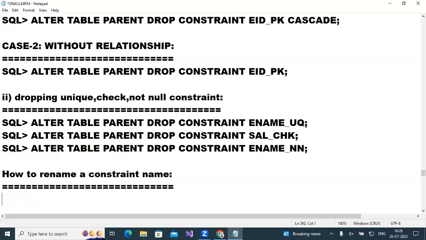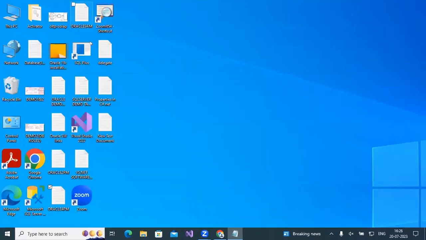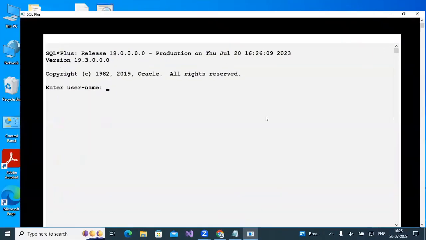Suppose you need to see the rename of constraint, how we can go to do it. For example,